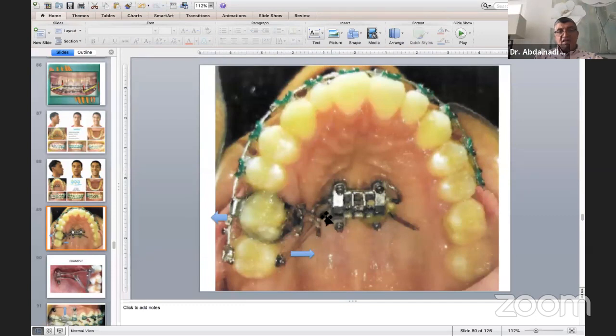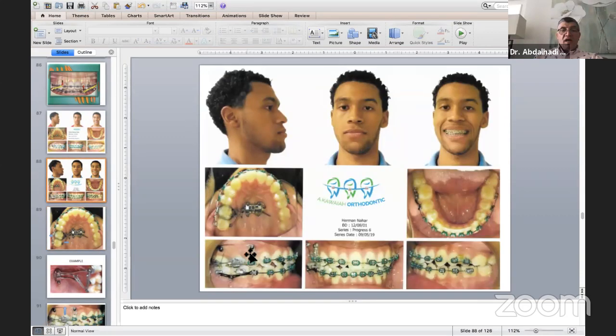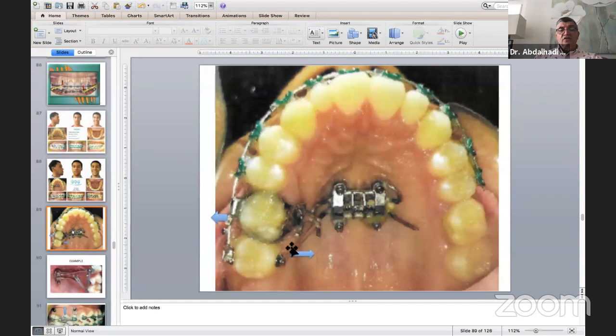So I bent these arms of the Marpe to help me to have elastic going from the first and second molar to the arm of the Marpe on the palatal side. I have on the buccal side also a metallic ligature that goes from the premolar and molar to the TAD on the buccal. So I still continue intruding the right side.